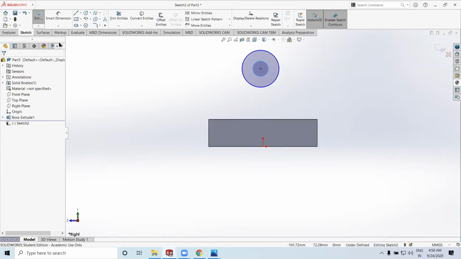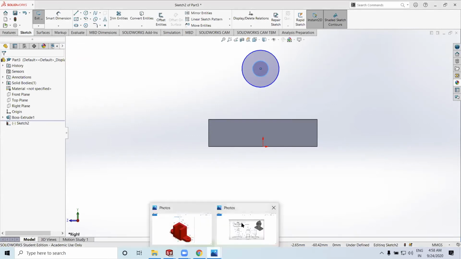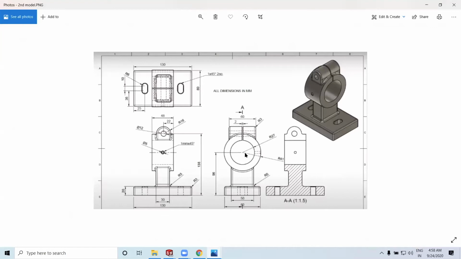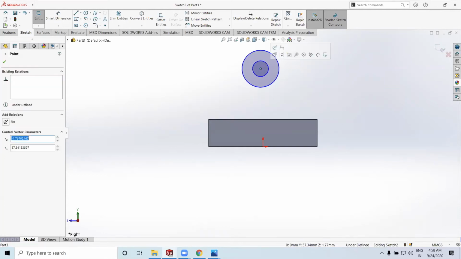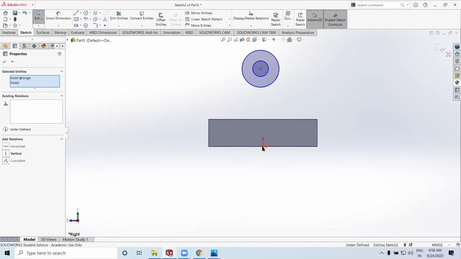Now, as you can see from here, the center of this concentric surface is aligned with the origin of the model. So in order to do that, we select the center of this, hold the control key and select the point of the origin. There'll be this properties tree which shows on your left, and there'll be this relations tab